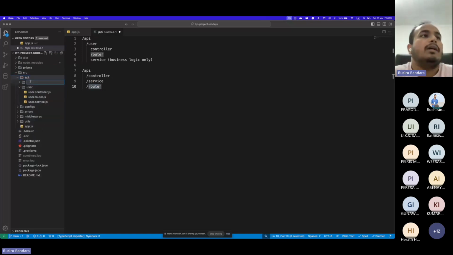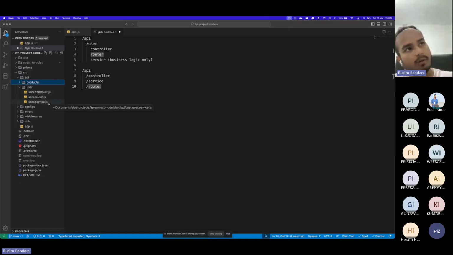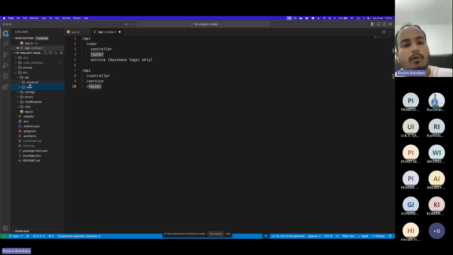You can have another folder called products in here, and inside this you can have products.controller.js, router.js, and service.js, which is a more organized way of structuring your project. Project structure is very, very important. This way, when your project grows and you want to add a new feature, let's say delivery,